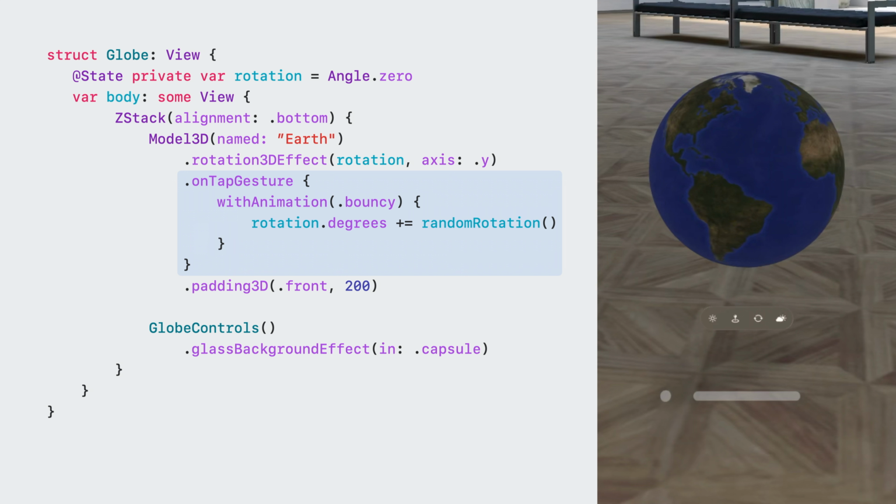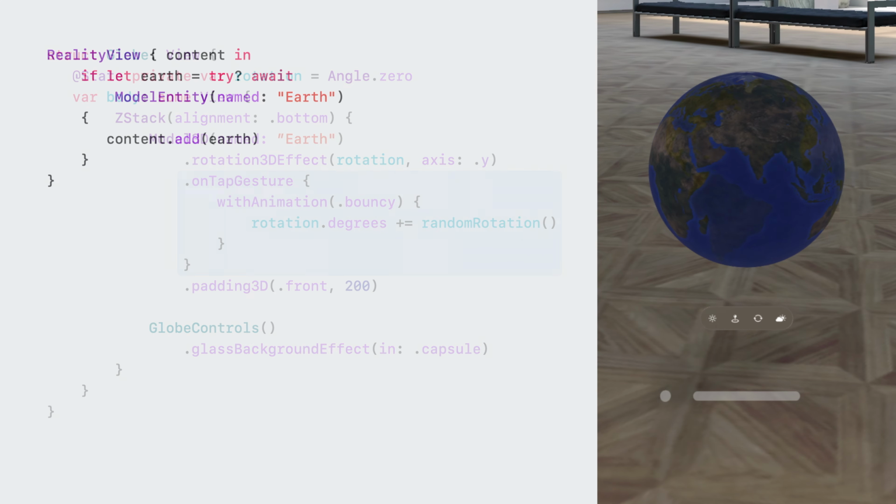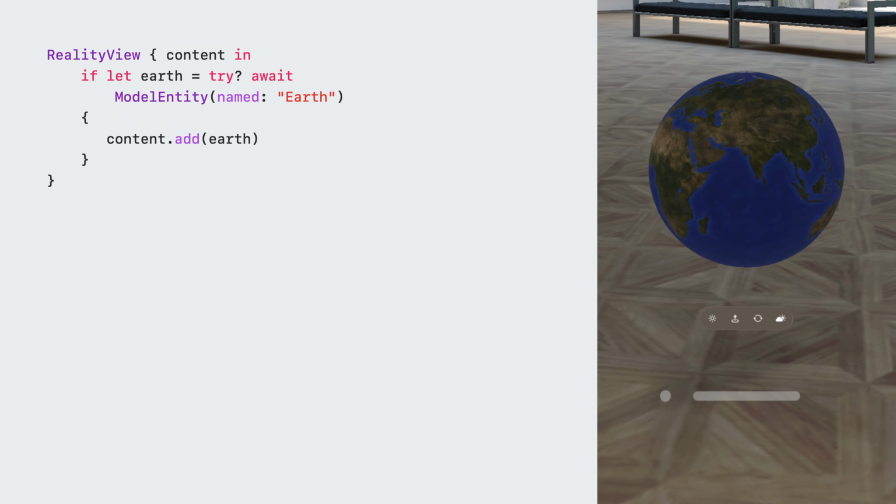Notice that the rotation effect we just applied to our globe is truly 3D. We've upgraded these geometry effects you already know how to use with new 3D capabilities, including scales, offsets, and custom 3D transforms. Now this is already a great way to check out the globe, but I think we can make it even better. To do that, I'll use Reality View, a new SwiftUI view that provides easy access to the